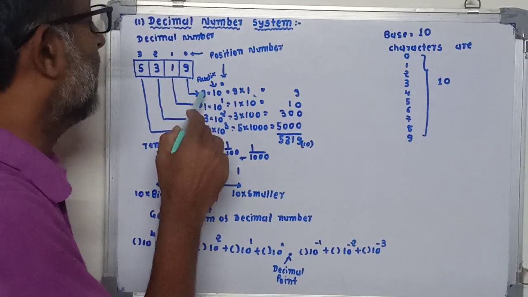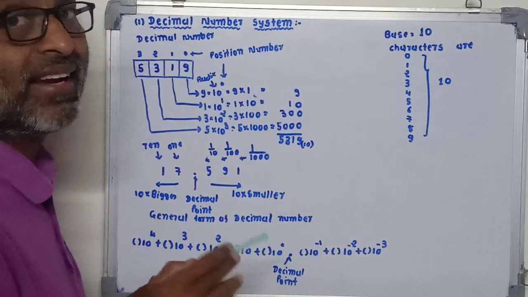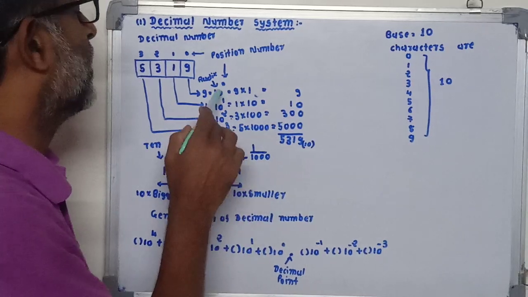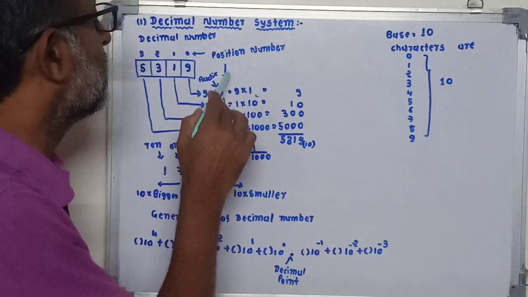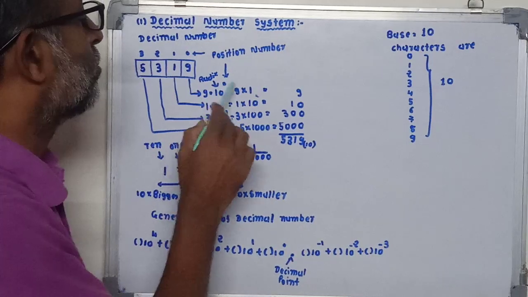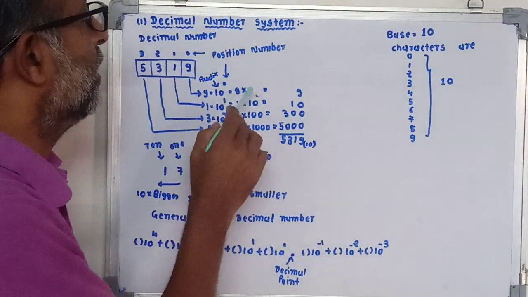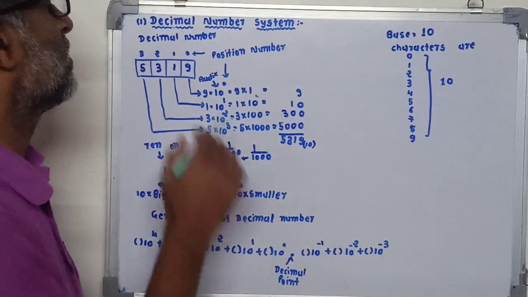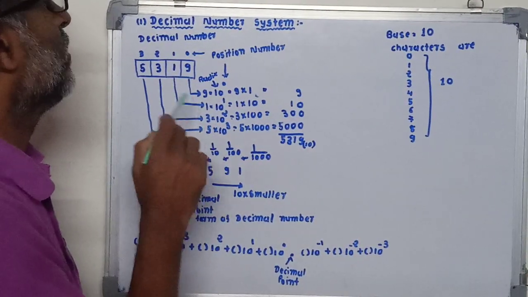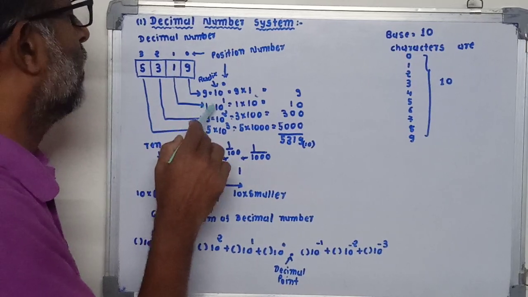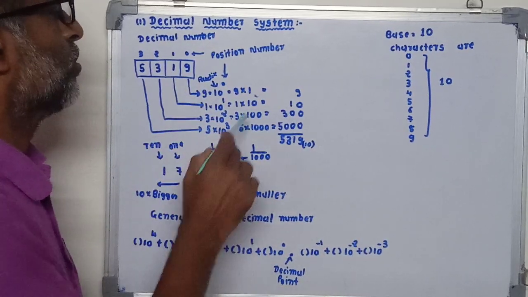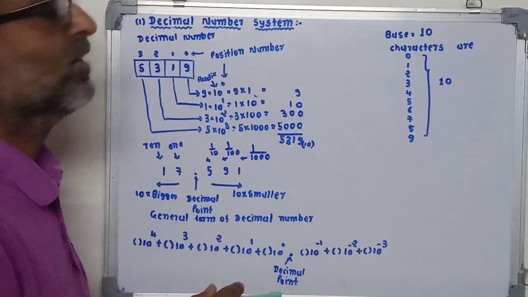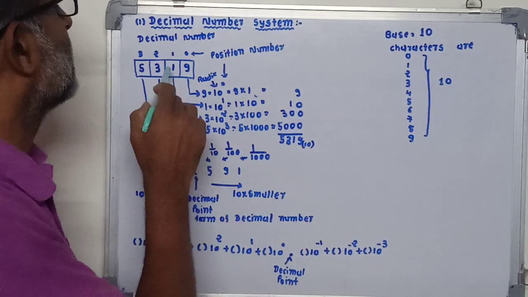Now I already told you that each digit has its own weightage. So we can write 9 into the base or radix, that means 10, because here we are using the decimal number system. So radix r is 10 and its position is 0. That means 10 raised to 0 is equal to 1. That means 9 into 1 is equal to 9. So 9 is the weightage of the first character. Now the second digit is 1. So here 1 into 10 raised to 1. 10 raised to 1 is equal to 10. That means 1 into 10 is equal to 10. So 10 is the weightage of the second digit.